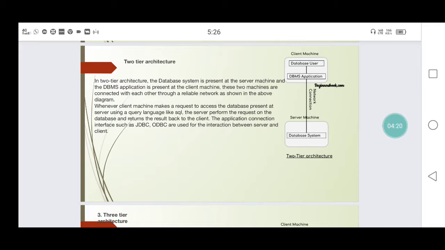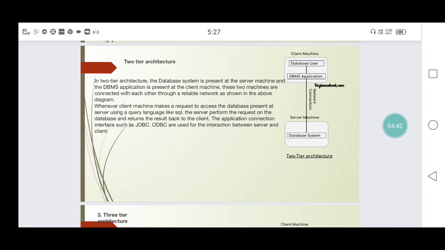The database system will be connected through the database application to the user. That means the database management system software is available in the server machine and the DBMS application is present in the client machine.